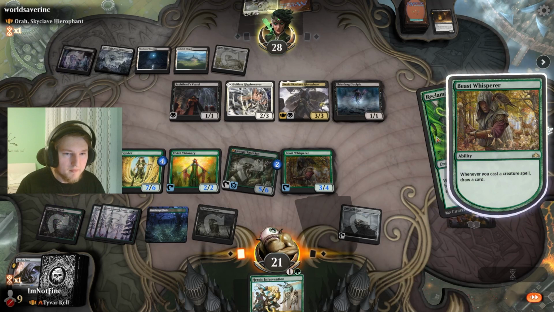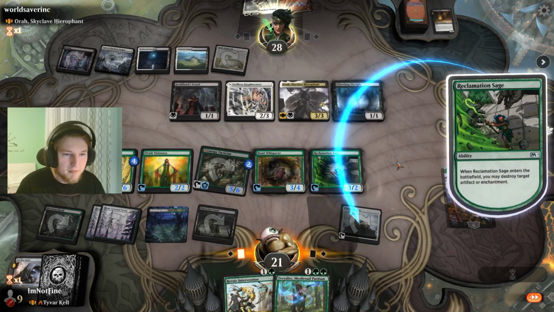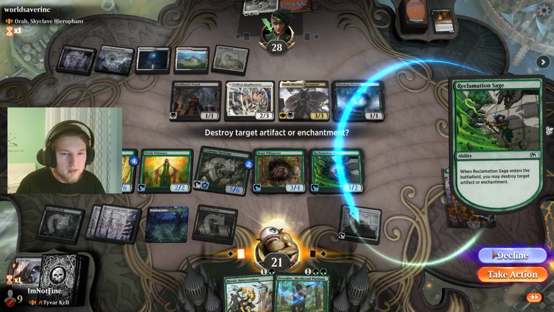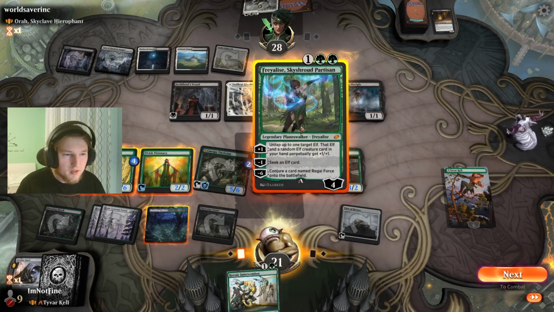So don't be scared if you play Rexage and the opponent doesn't have an enchantment, because you have to target your 1 enchantment, but it's a may. So I want to decline this. And I can just...